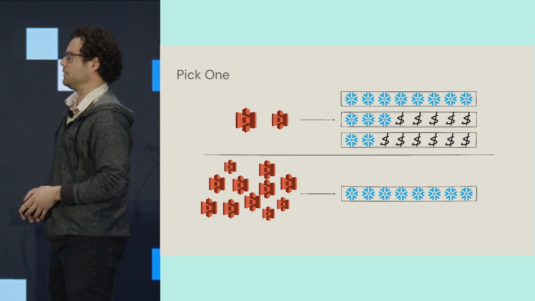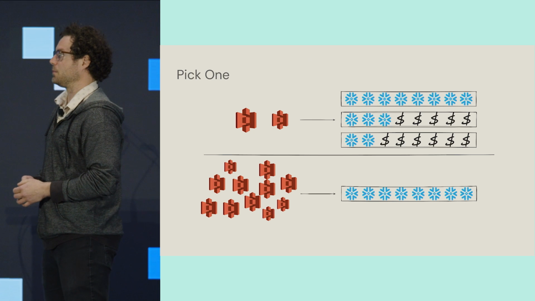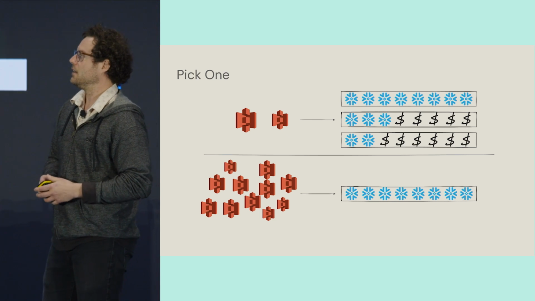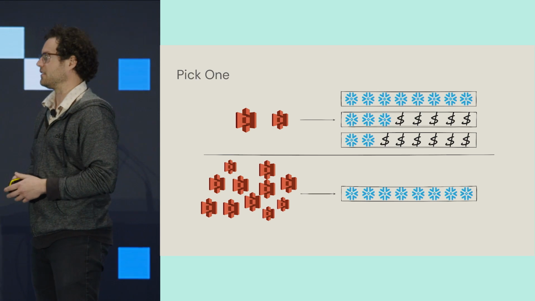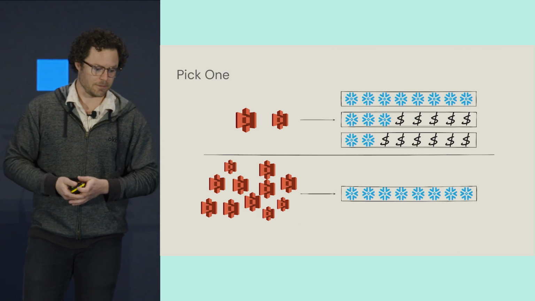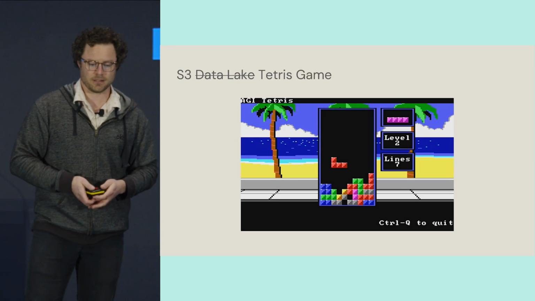The other option is you incur a whole lot of queuing, and you fully saturate virtual warehouses, which obviously is, from a cost perspective, ideal. From an access, latency, et cetera, time to initial use perspective, it is very non-ideal. So pick one of your options. Neither are ideal, but it depends on what you want to spend.